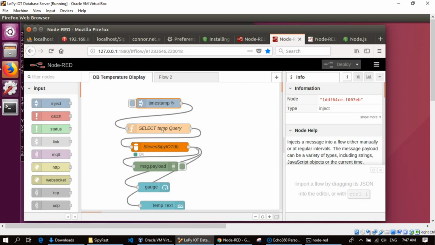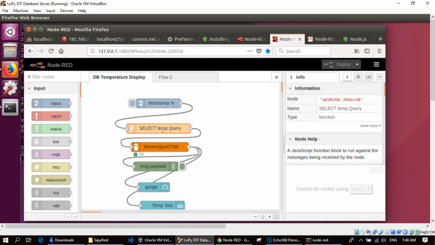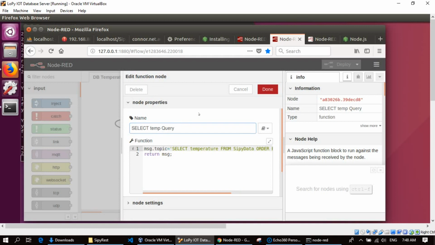The next thing I need to do is set up a query, and this is my database query here. Let's have a look at this one. This function node I've called select temp query. It's going to query the temperature from the database. Here I've got my select statement: select temperature from the table called CIPI data. I'm going to bring back the most recent temperature entry in the table, so in the SQL code I've got order by ID